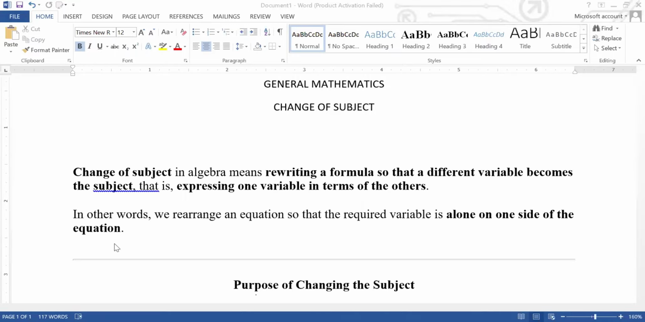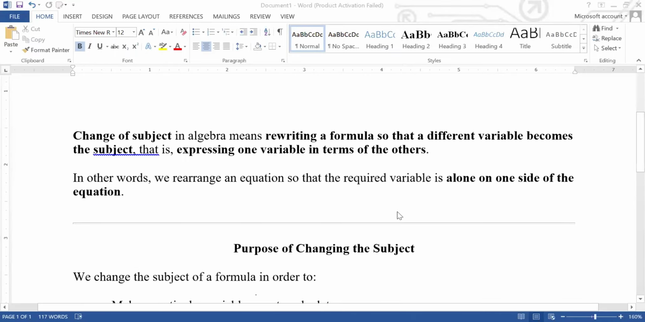Change of subject in algebra means rewriting the formula so that a different variable becomes the subject. That is, expressing one variable in terms of the others. In other words, we rearrange an equation so that the required variable is on one side of the equation. Purpose of changing the subject. We change the subject of a formula in order to